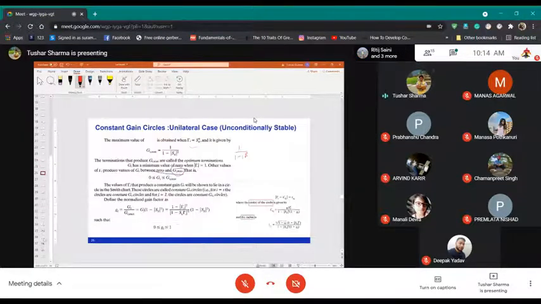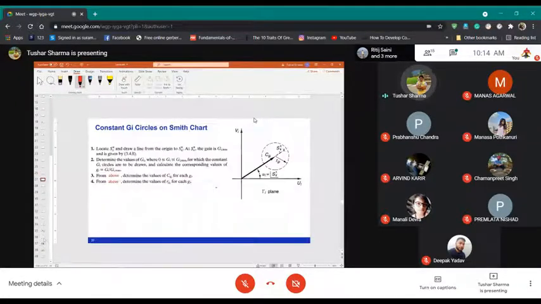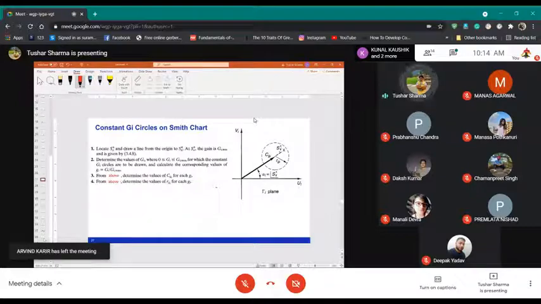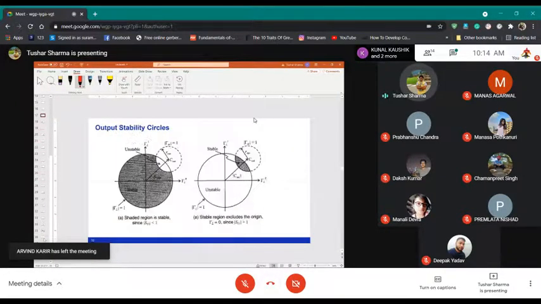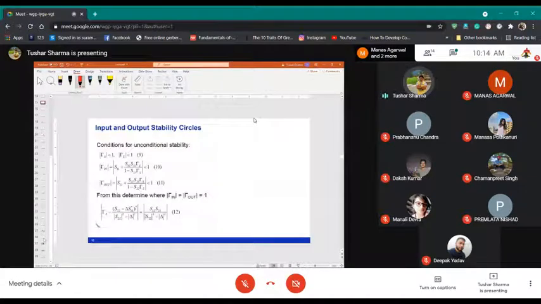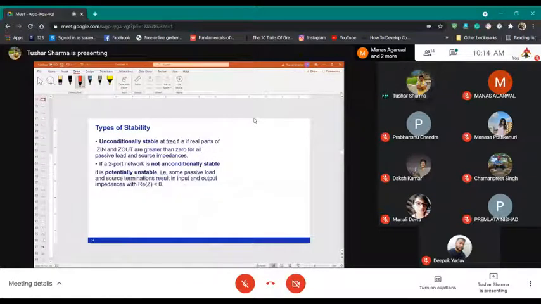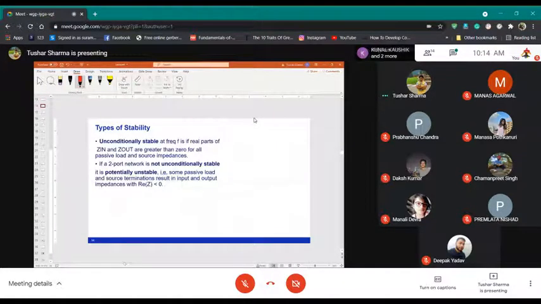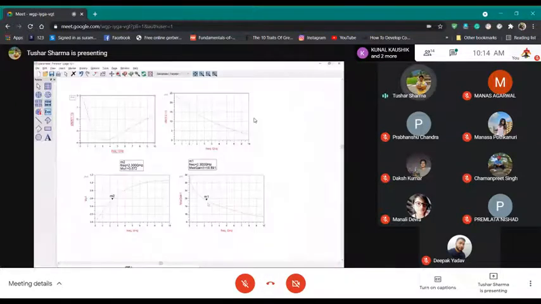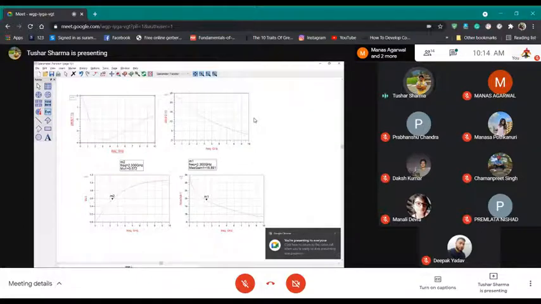But we did study that if my K is greater than 1 and delta is less than 1, my device is unconditionally stable. And if my K is less than 1 and delta is less than 1, then my device is potentially unstable. Okay, so in this particular case, my K is less than 1 here, and my gain is